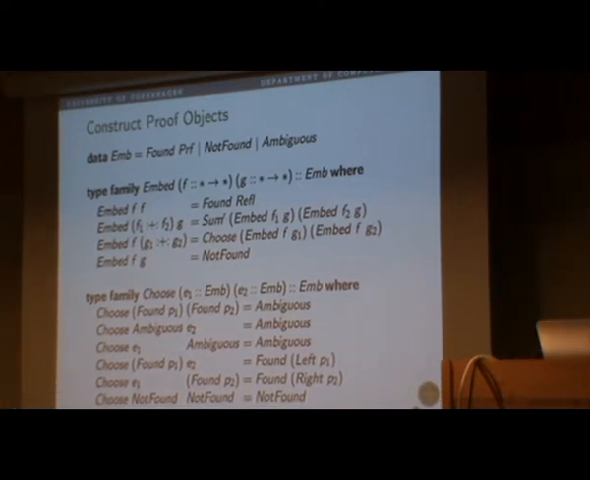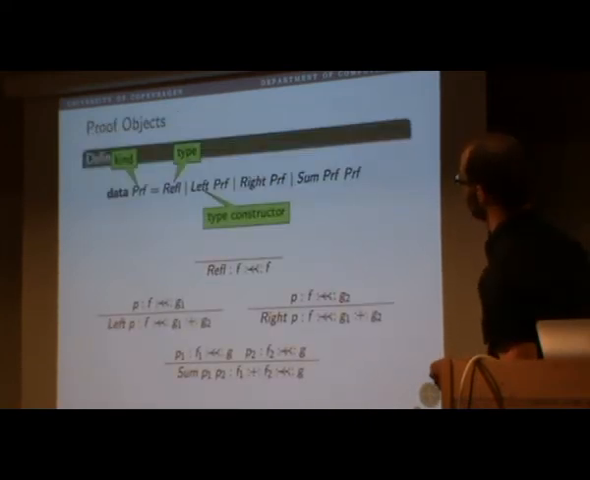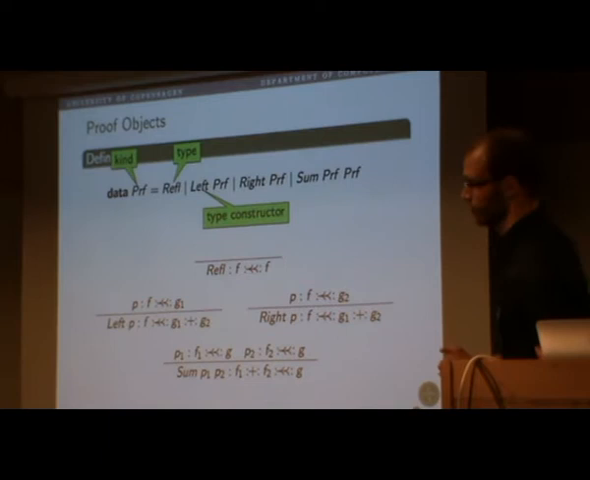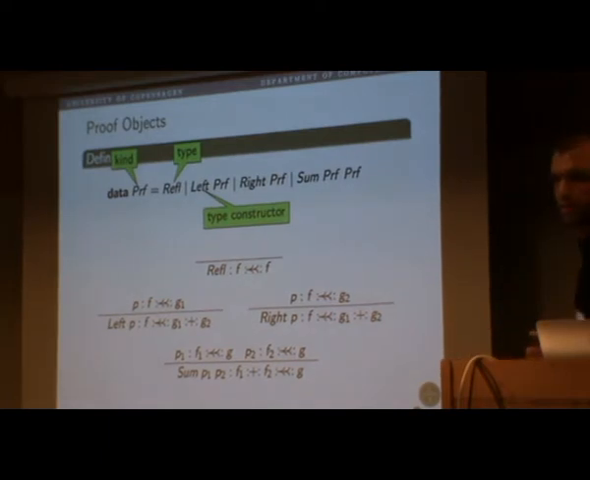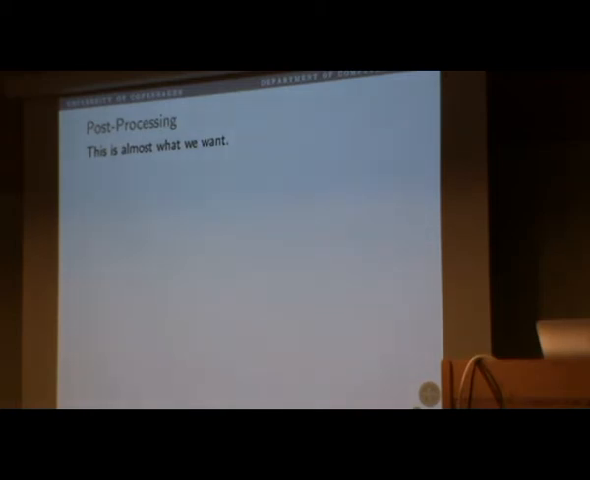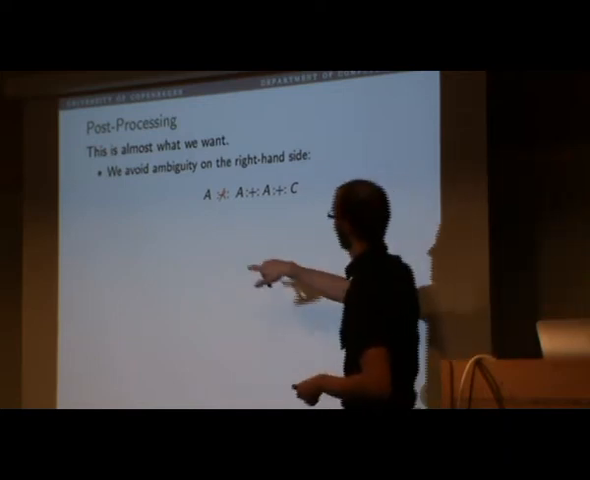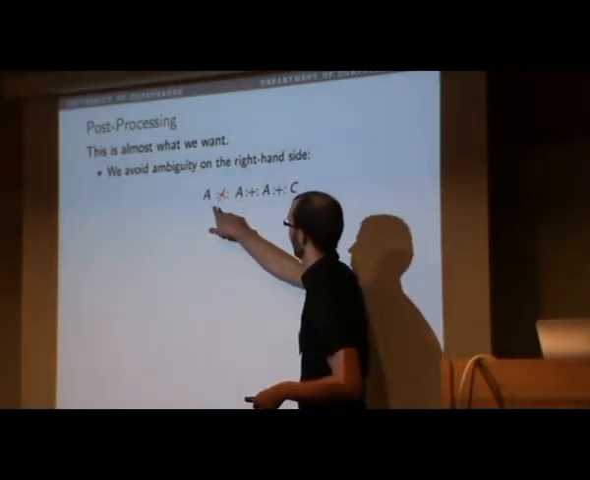Can you just quickly show me the data type proof again? Okay. So the record is not forcing anything to be done. Okay, so this is almost what we want. So we already get rid of some of the ambiguity where we avoid these kind of